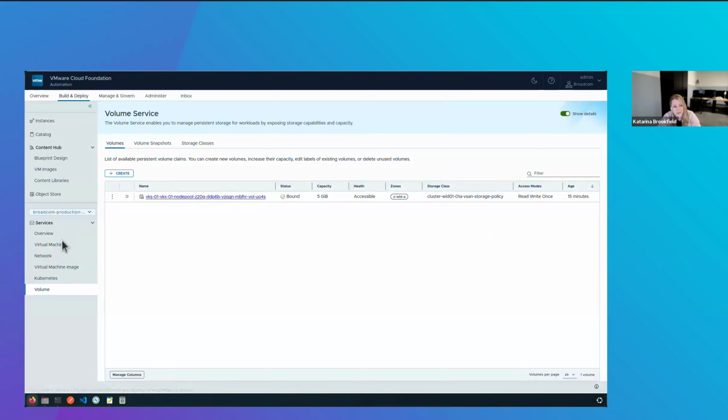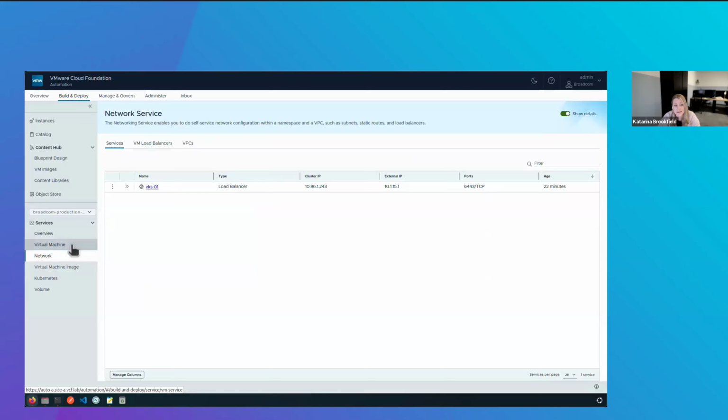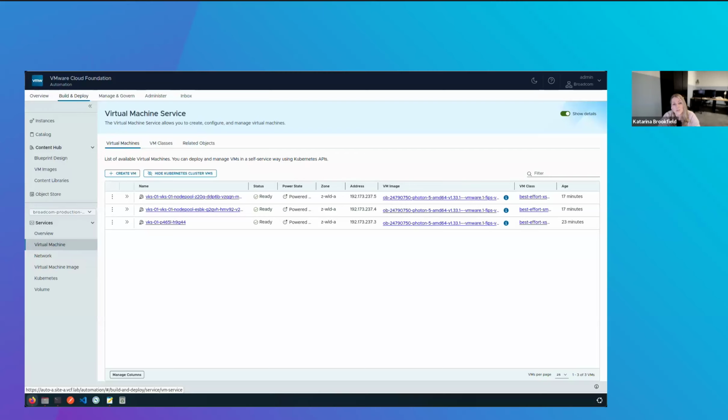And once our cluster is ready, again, directly within my user interface, I can see the volume that I have requested, that it has been created and bound to my cluster. I can see the load balancer that was created for my cluster because the control plane needs to be fronted by one, and also the virtual machines that make up this Kubernetes cluster. So VKS is actually using our VM service in order to deliver the virtual machines that are created for this Kubernetes cluster. You can always filter them out if you want to have a clear view of just your virtual